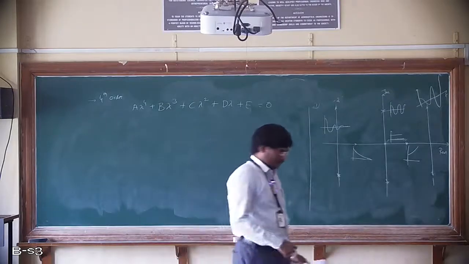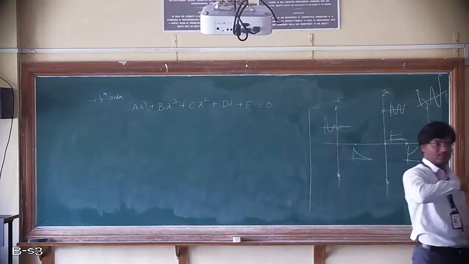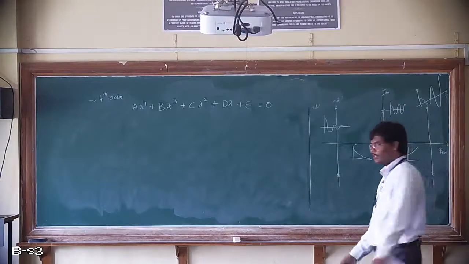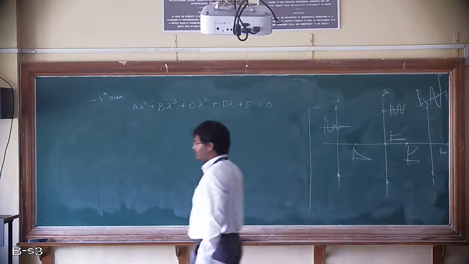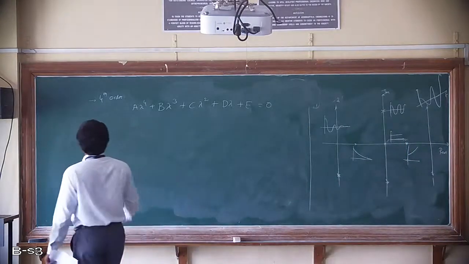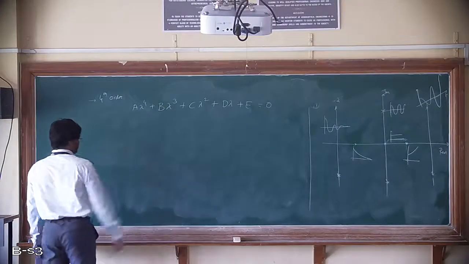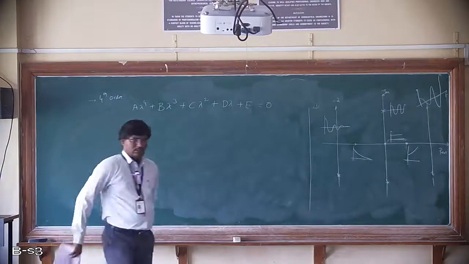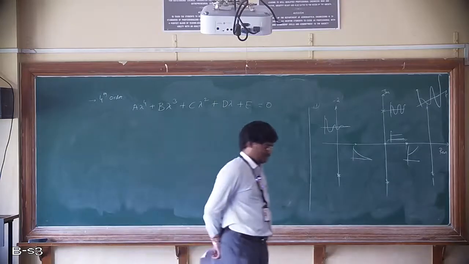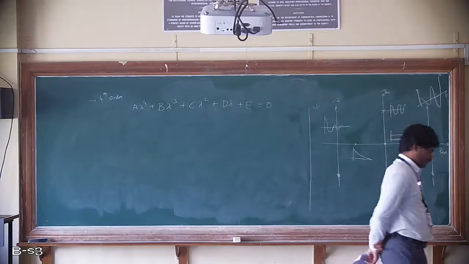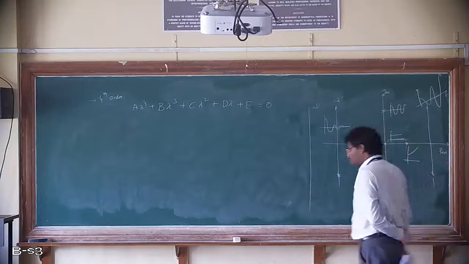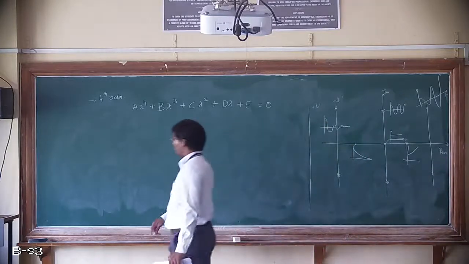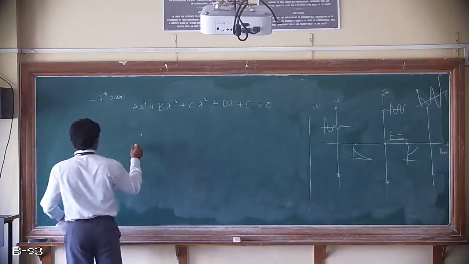So fourth order. In control systems you already solved up to fifth order, sixth order also, I think, right? But let's see only fourth order here. If you want to comment on the stability of the system, how will you solve this? First one is the iterative method, by using iterations.